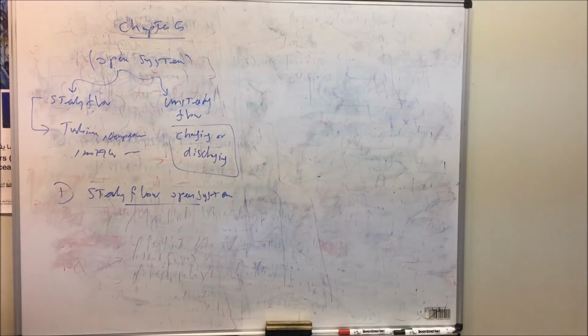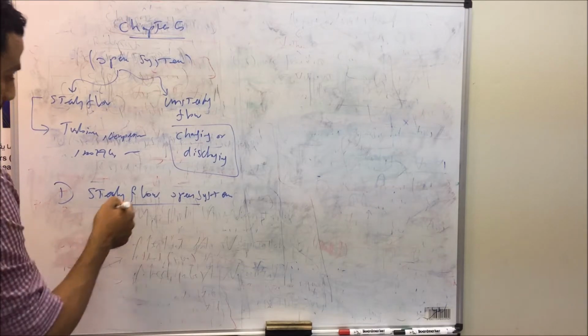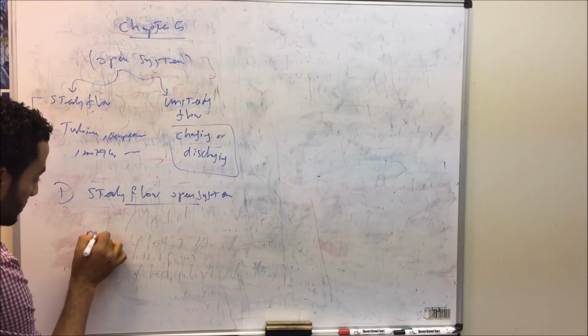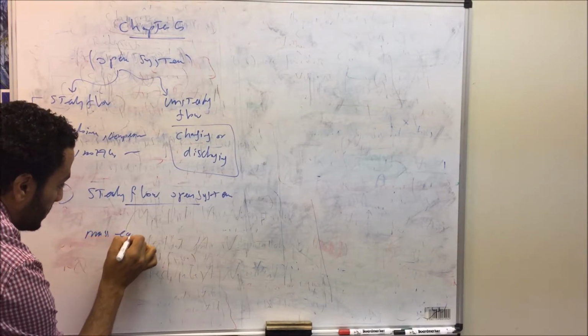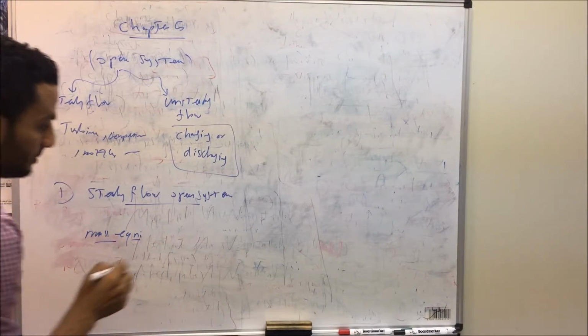As we said, in this case the system is open, so it allows for both mass transfer and also for energy transfer. And based on that, we'll do have two equations: the energy equation, which is the first law of thermodynamics for open system, in addition to another equation, which is the mass equation or the continuity equation. So let's consider a steady flow open system. When we do have a steady flow, let's start with the mass equation or the continuity equation of the